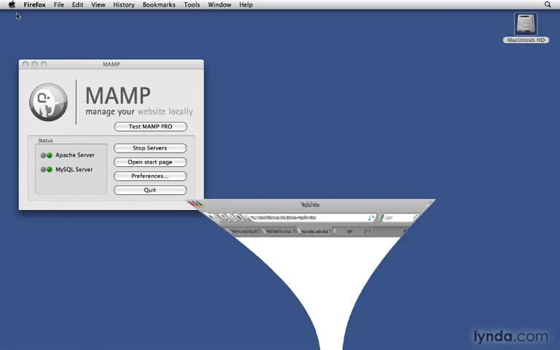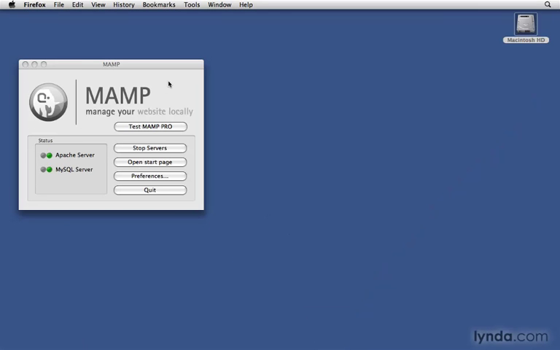And now we ended up with a blank white screen instead of the blue Drupal confirmation page that we expected to see. This is a problem built into MAMP and actually might happen on your own web server if PHP does not have enough memory to run Drupal. So to fix this, I actually need to go into my MAMP folder and tweak the PHP ini file.